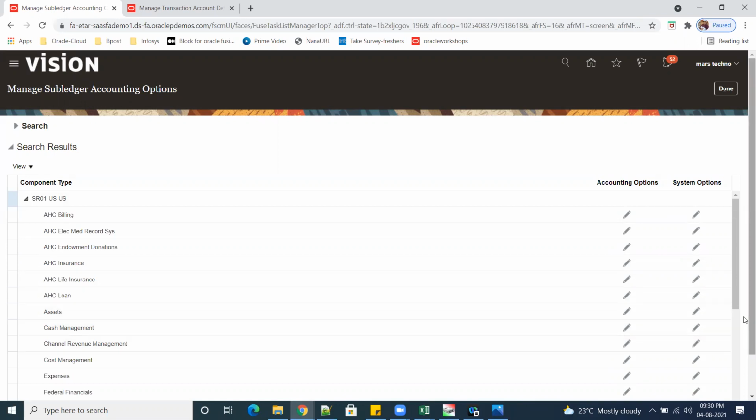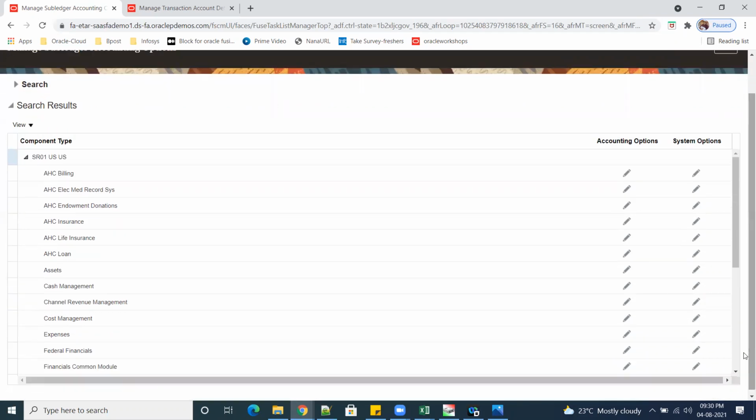Most of the areas you can see mapping set and then accounting rule. Mapping sets will be common in almost all the areas. Accounting is also common, but after that we have something else. But these are the two things that are common.